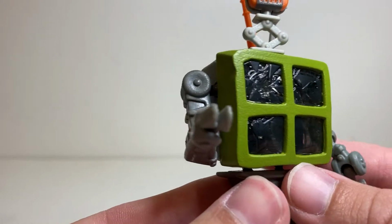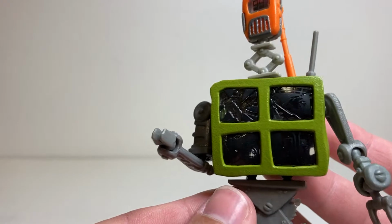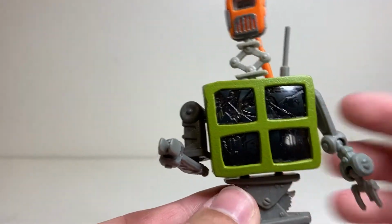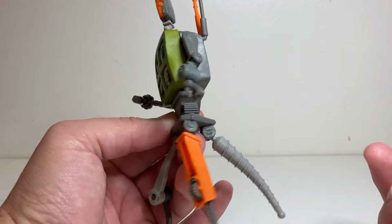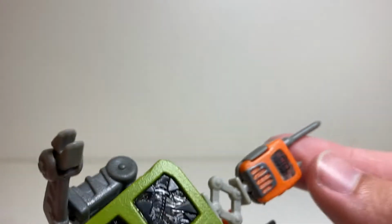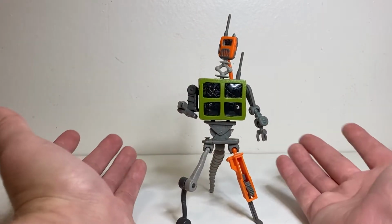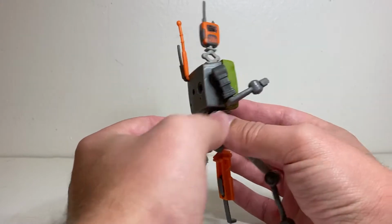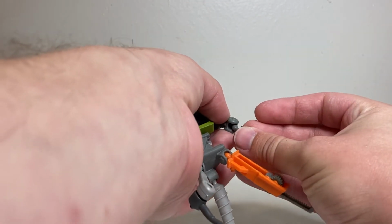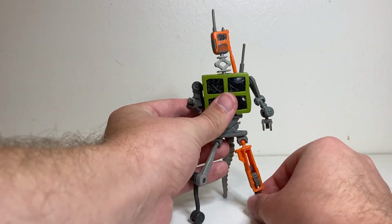He's got a little CCTV kind of security camera body, which looks a little bit nondescript. It's cool when it has the light up feature, and I'll get into that in a bit. But otherwise, it's just kind of a box. So it's not that exciting. I do love the little walkie-talkie head here. Personally, I prefer to use that on a different build just because I'm not really totally thrilled with the rest of him, because those are the only two really identifiable parts. The rest of it is just kind of pieces of scrap metal and stuff like that. Just those sort of nondescript parts that a lot of them have. So he doesn't quite have a lot of the character that some of them do,